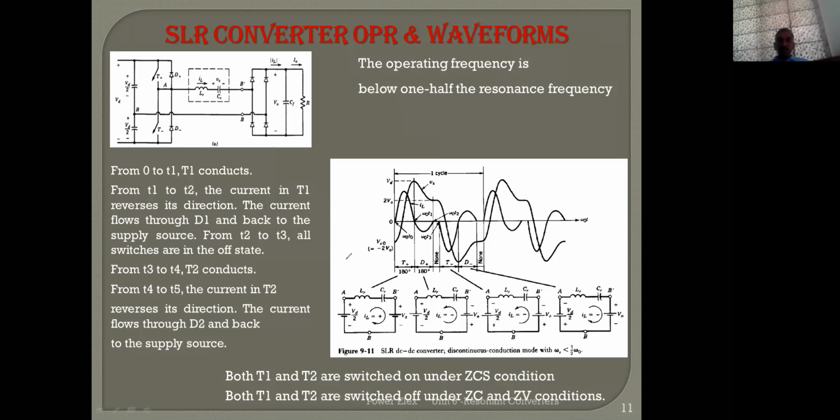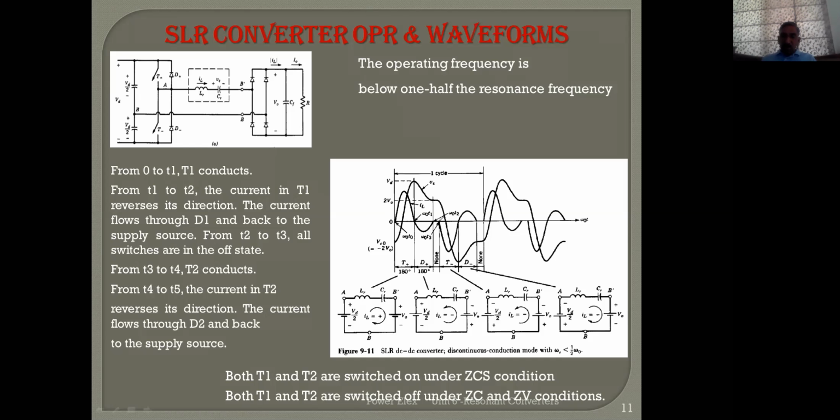And remember, when both switches are turned on, they are at 0 current. Let's see, T plus is at 0 current, T minus is at 0 current. This means T plus goes from 0 to positive maximum, and T minus goes from 0 to negative maximum. But at the point of start, both are at 0 current.